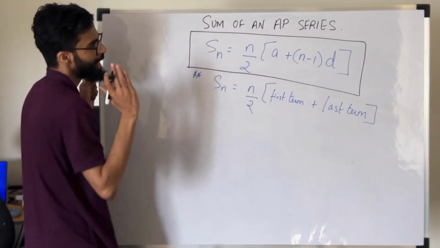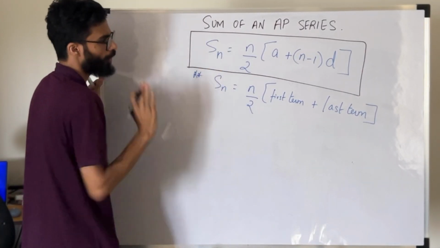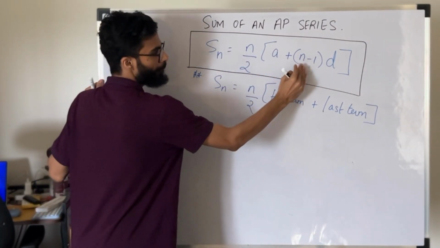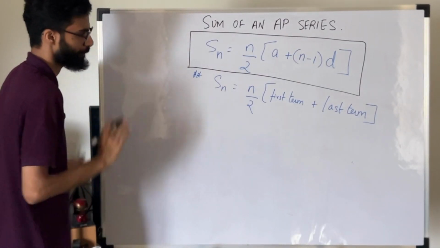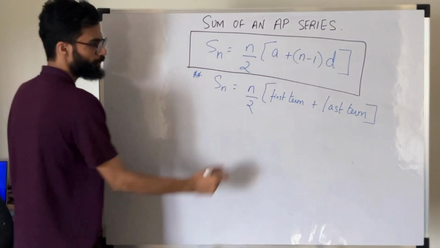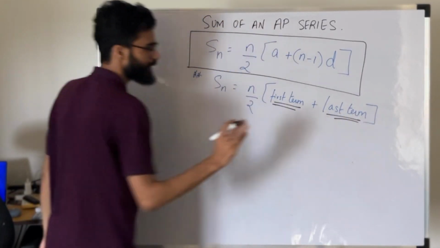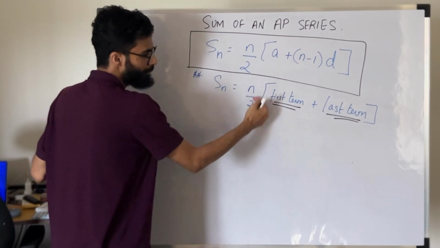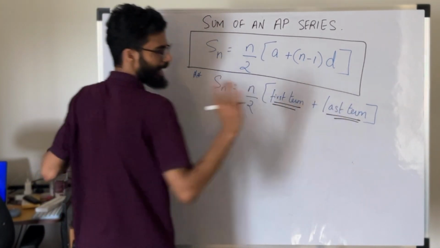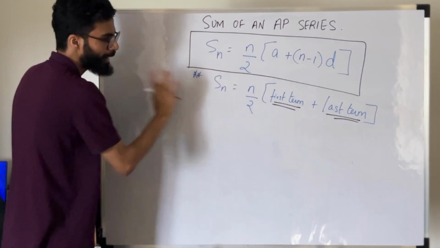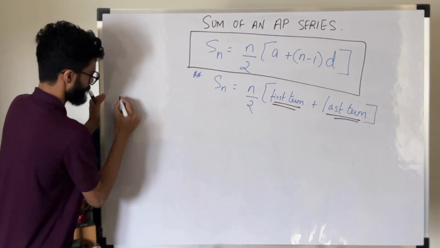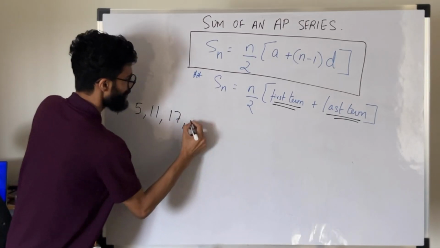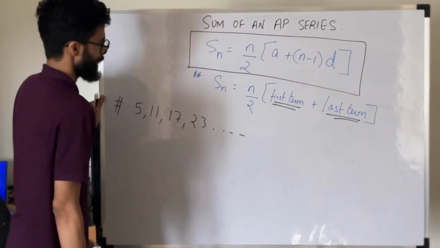Now, sum of an AP series. If there are n number of total terms, then sum of n terms will be n by 2 into a plus n minus 1 into d. Also, if I know the first term and the last term of the series, I can also apply this formula, which is Sn equal to n by 2 into first term plus last term for sum of n terms of a series. For example, if they have given me series like 5, 11, 17, 23 and so on, and they say there are total